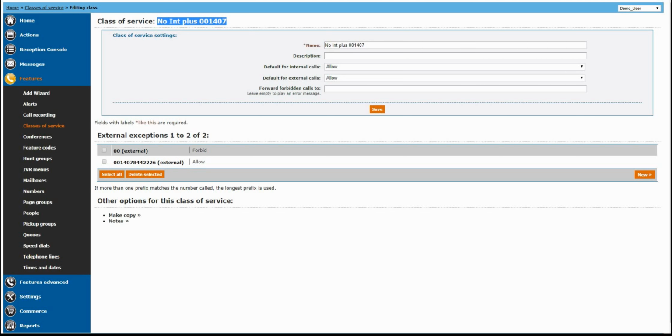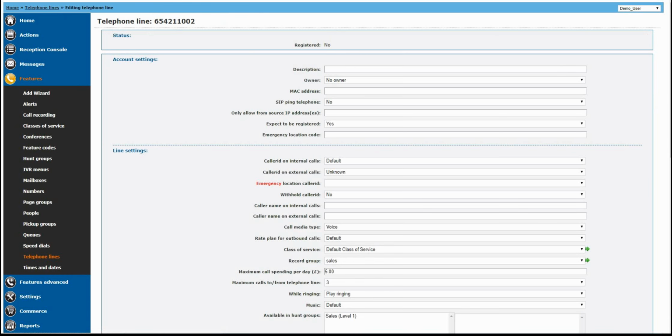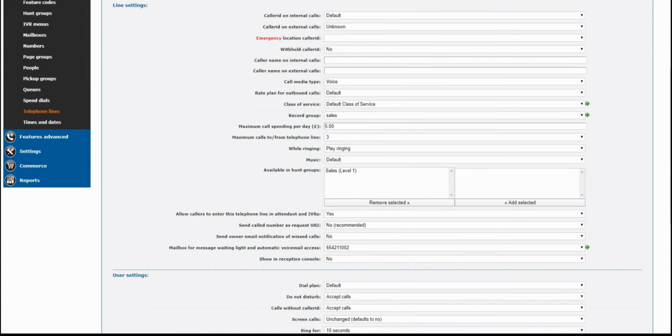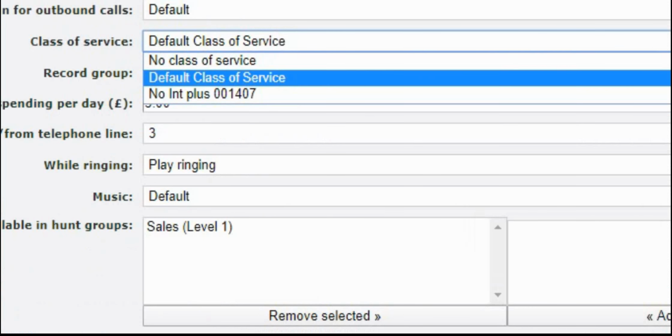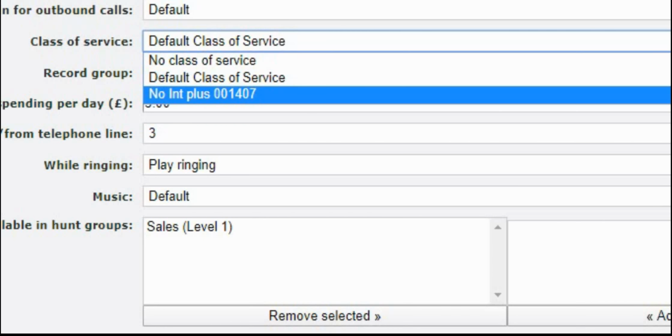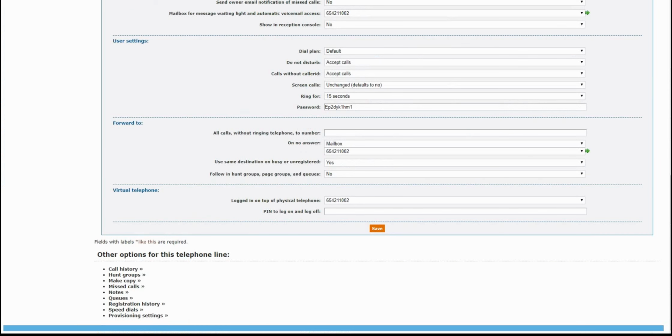So let's now add that to an extension. If we go down to telephones and I click on this extension, for instance, if I scroll down to where it says class of service, you can now see that this extra one has been added. No int plus 001407. If I select that, scroll to the bottom of the page and click Save,